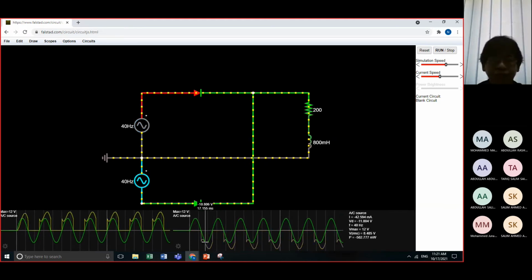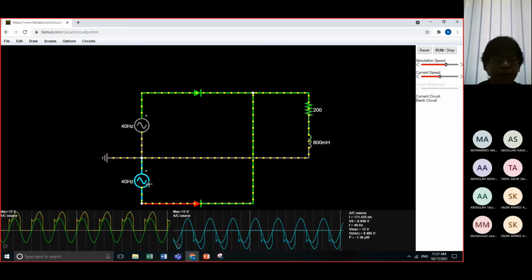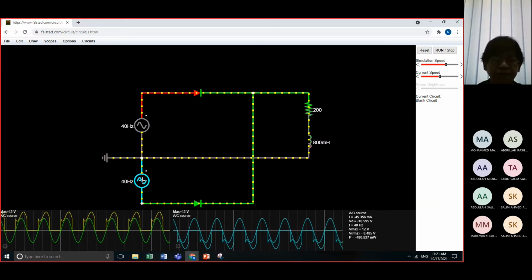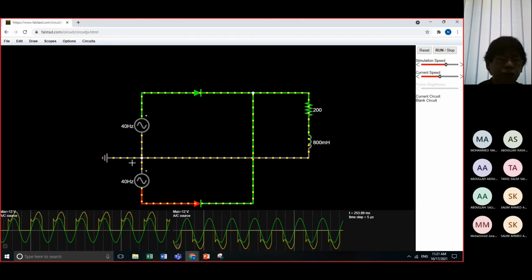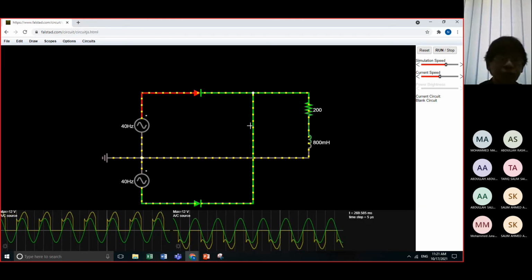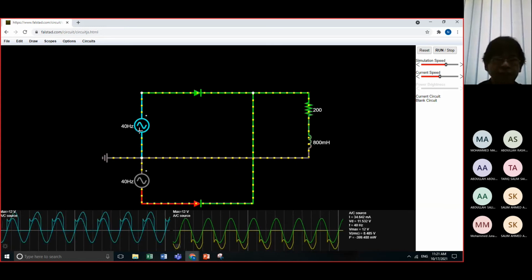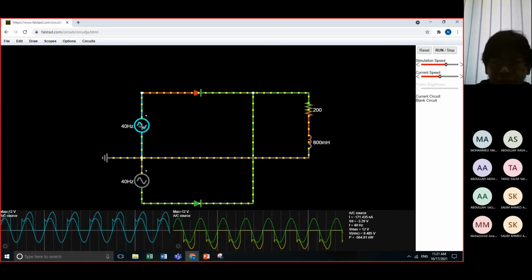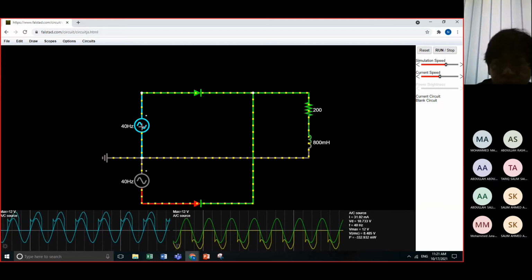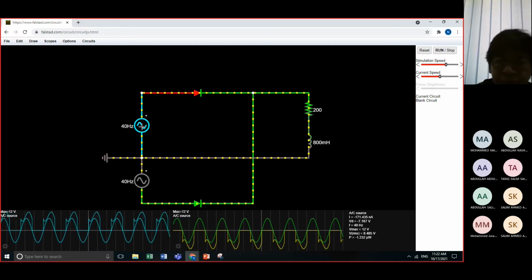So this is the input and output of this connection. Okay. Now, what we're going to do, class, since this is my task, you can identify if your answer is correct. It is stated here, 12 volts, you have 12 volts and 40 hertz. You can check if it is correct or not.